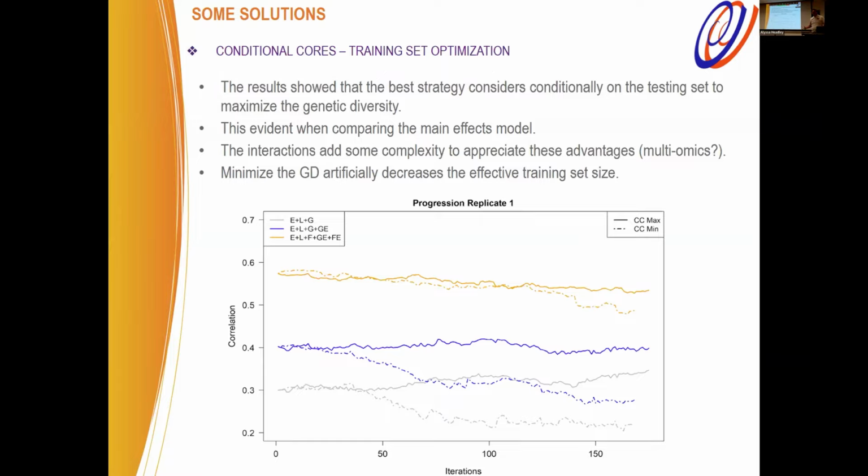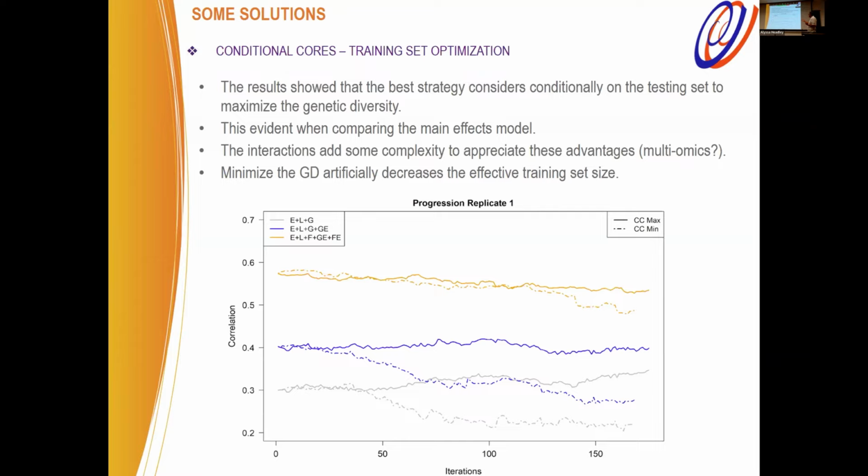We have, let's say, 200. You have randomly selected 200, you have 200 for training the model. In the other end, probably you end up with still 200, but those represent probably 50 genotypes or 50 data points. So you are decreasing because it's very similar to whatever you have in the test. So we found in this case that the best way was to maximize genetic diversity, and it works better.